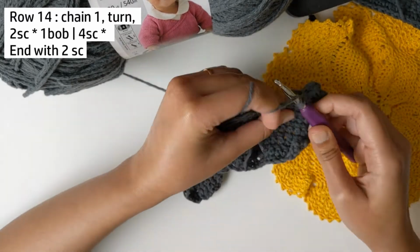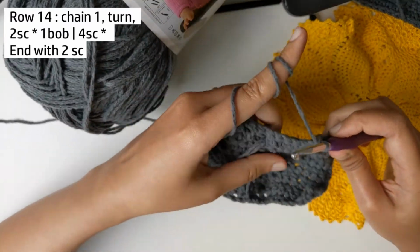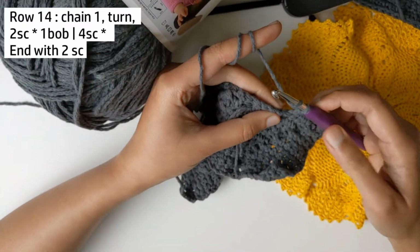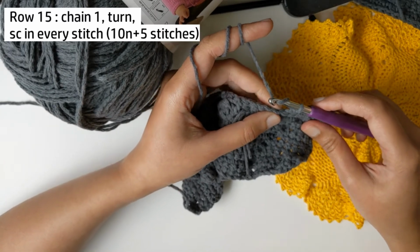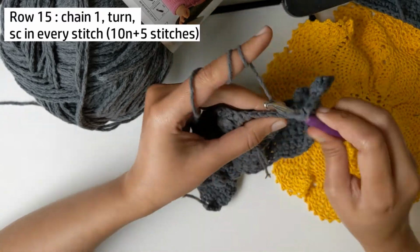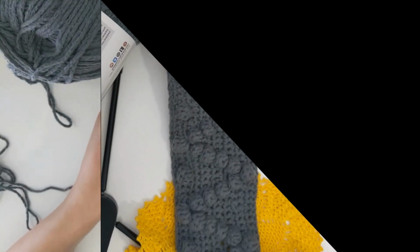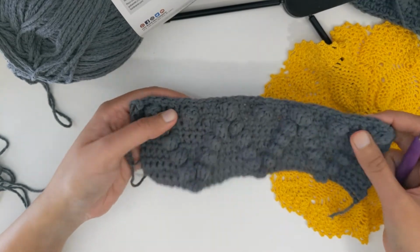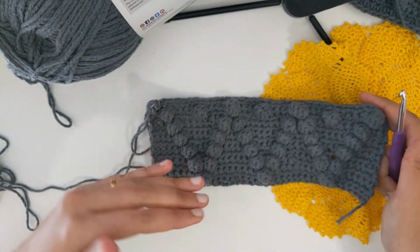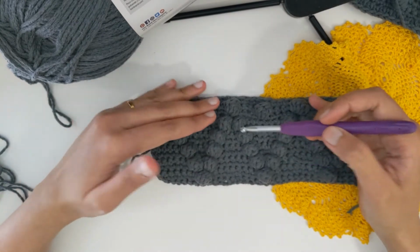And another bobble stitch, and you're gonna repeat this for the entire row till you are left with 2 single crochets in the end, and do row number 15, which is a row of single crochets. At the end of your row number 15, you will be done halfway through your one set of diamonds, which means you are at the middle, and from here onwards you're just gonna repeat the rest of the diamond in